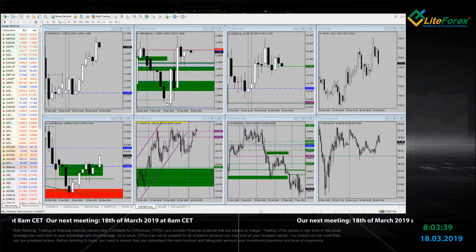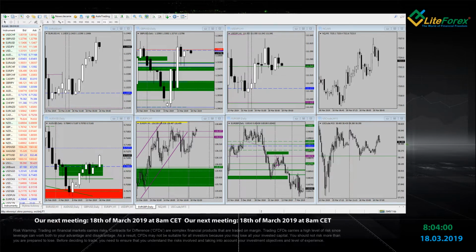Okay, USA. We are going to discuss euro dollar, pound dollar, yen, and a few more, but we are going to start with the dollar index, with DXY. So just give me a second, please. And there we go.